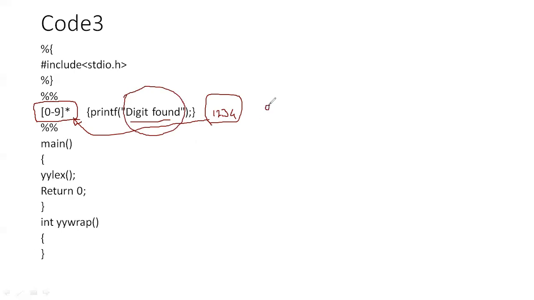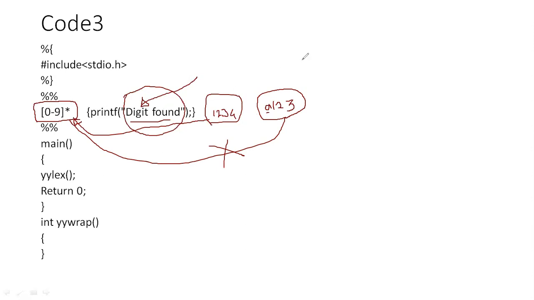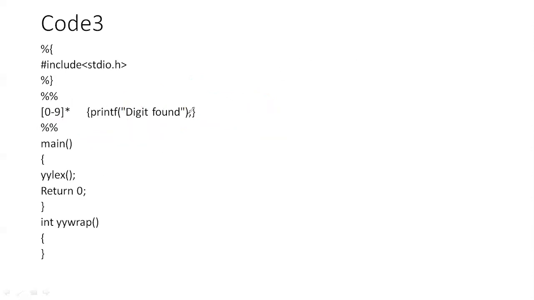If it is not satisfied, we are not handling any unsatisfied string. If you are giving A, 1, 2, and 3 as input, this A123 is not satisfied by the given regular expression, because A is a letter which is not handled by this particular regular expression. So it is only handling the numbers, and if a single number or any combination of numbers is there, we have printed digit found. I hope you got how the digit program is working. Again, this R is small.